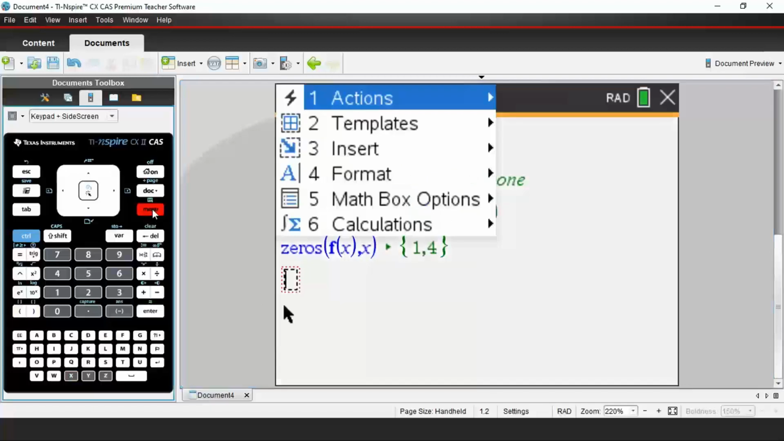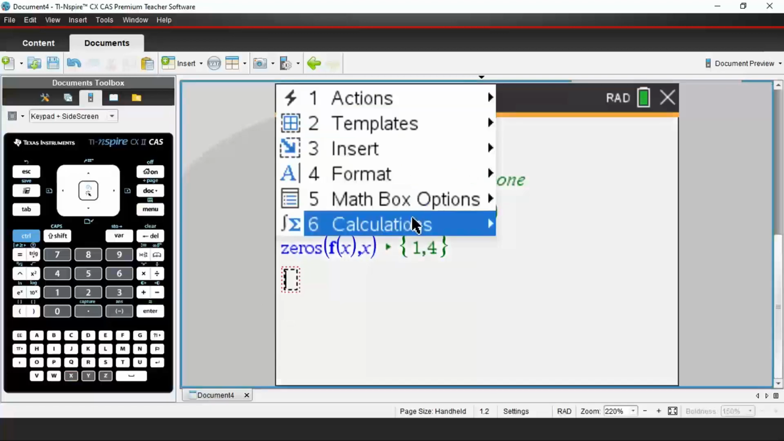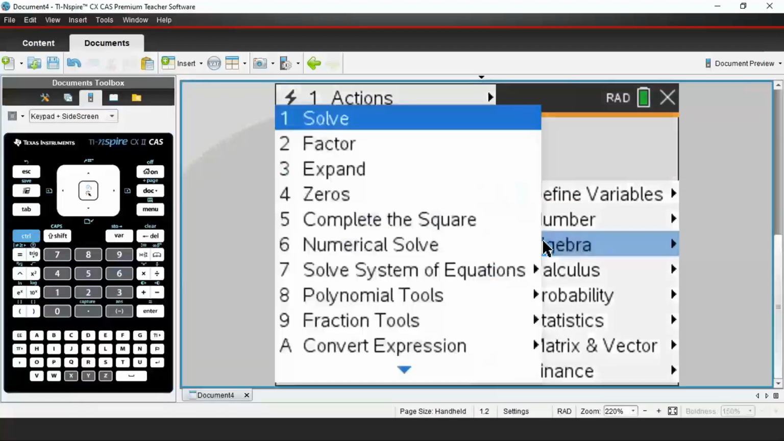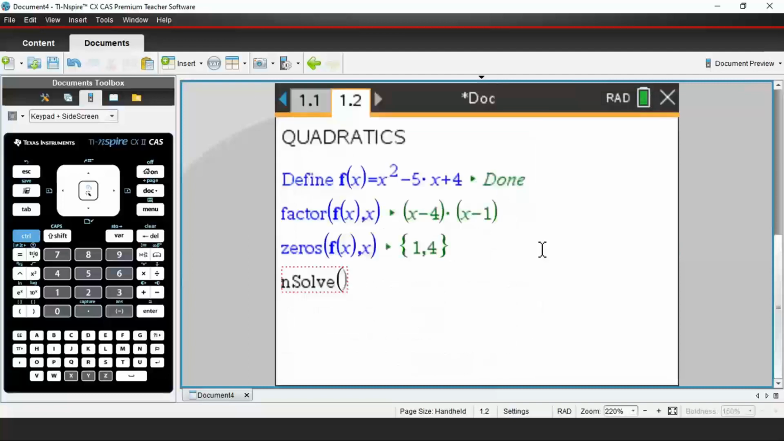So menu, calculation, algebra. Whoops, I made a mistake. I was just going to delete that. I'm just going to actually type it myself. Save some time. Solve